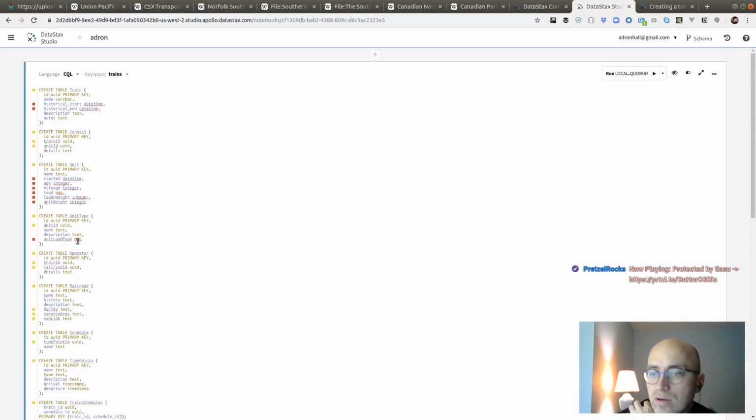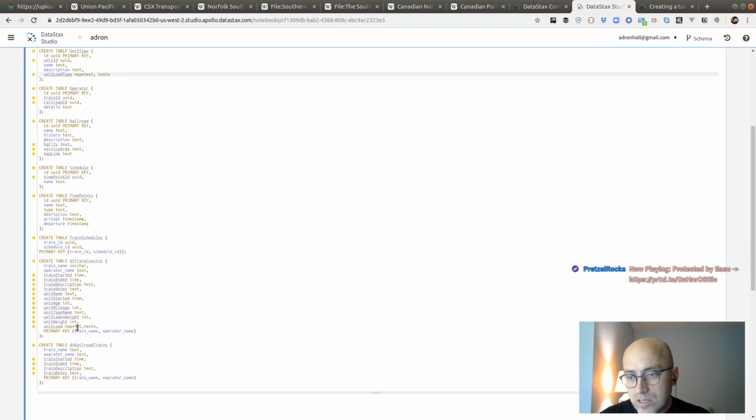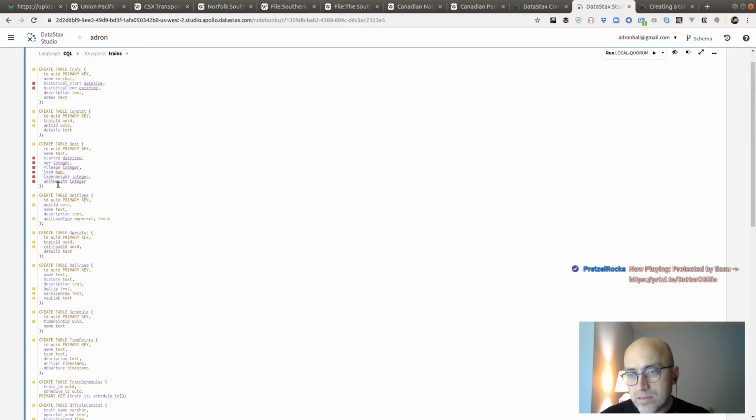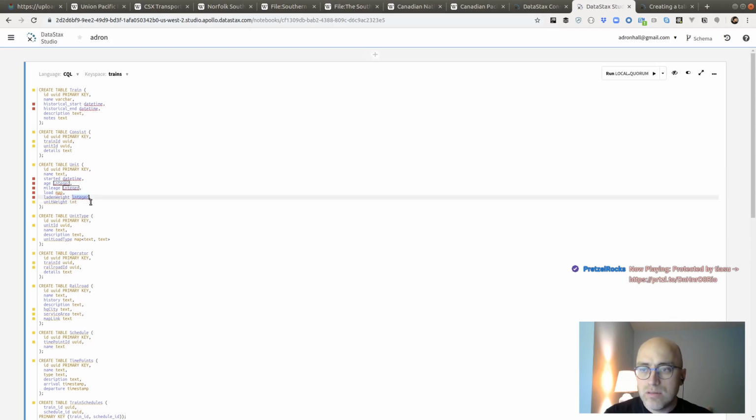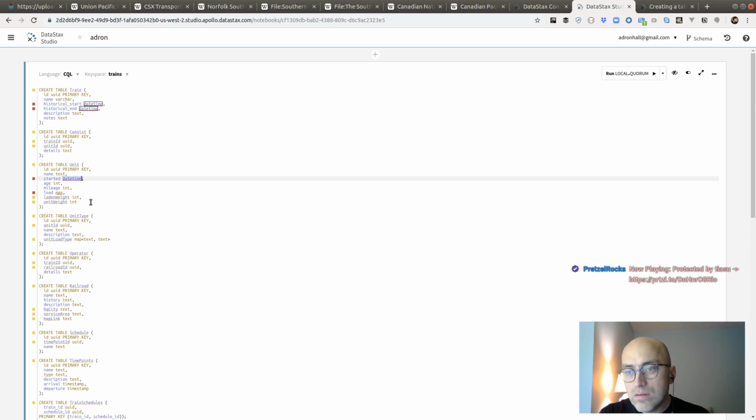What did I want to do? Oh yeah, map, text, text. Where's the other one? And I want that to be text, text 2, because that's the same value. Unit type is here. So unit load type, create table unit type. Okay, and then this is int, int, int, int. And then time.